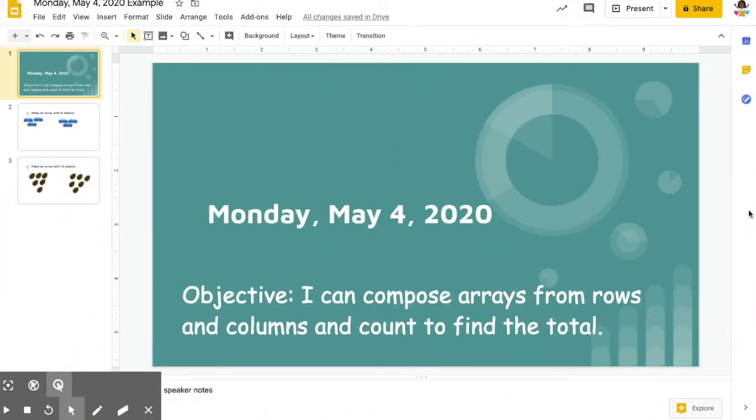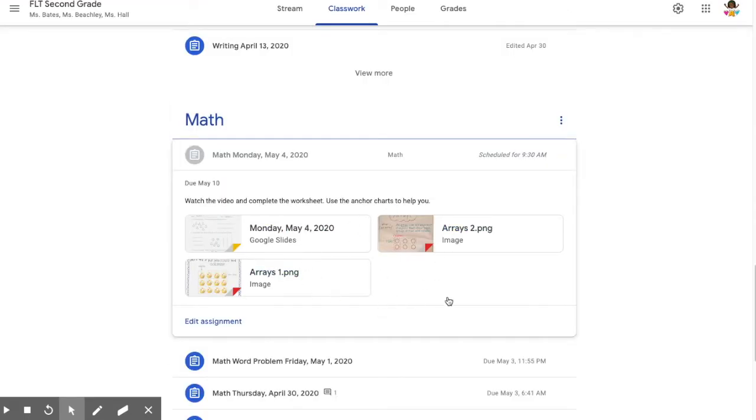Good morning, everyone. Today is Monday, May 4th, 2020, and today we were talking about arrays. So the objective is I can compose arrays from rows and columns and count to find the total. Before school closed, the students were working on equal groups and repeated addition sentences. So all we're doing is taking what they were doing and moving it to the next step, which would be composing arrays. First thing is when you look under your classwork, you'll see these items and you'll see there